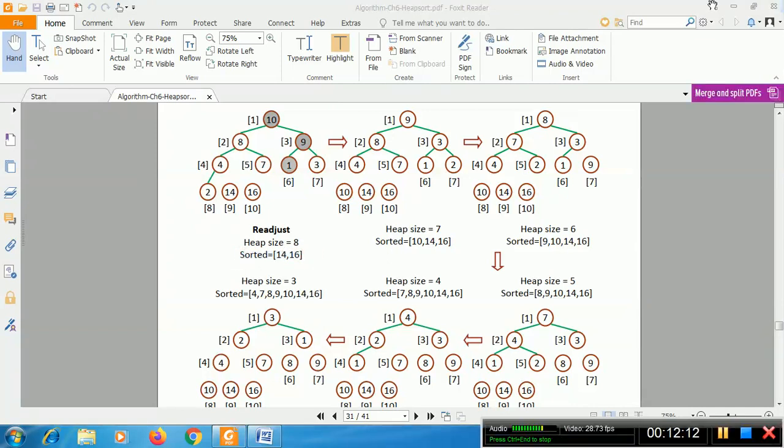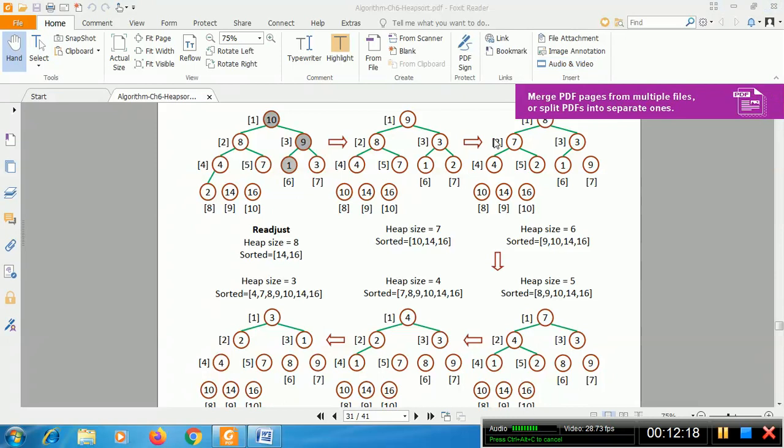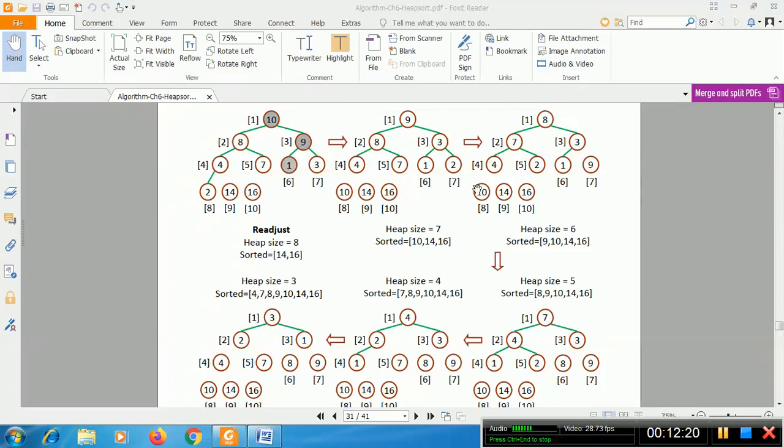Remove the root node into the sorted position. So here we can see 10 is the sorted position. Again I told you the last element, the last index of the tree, is swapped to the root element, but here this is not visualized.